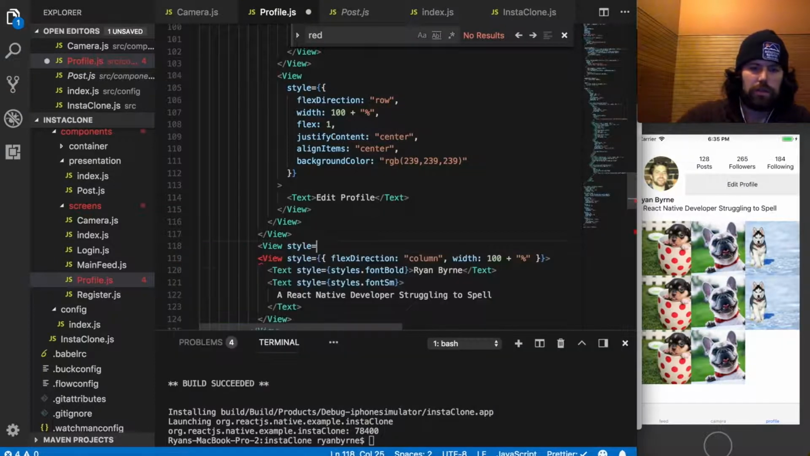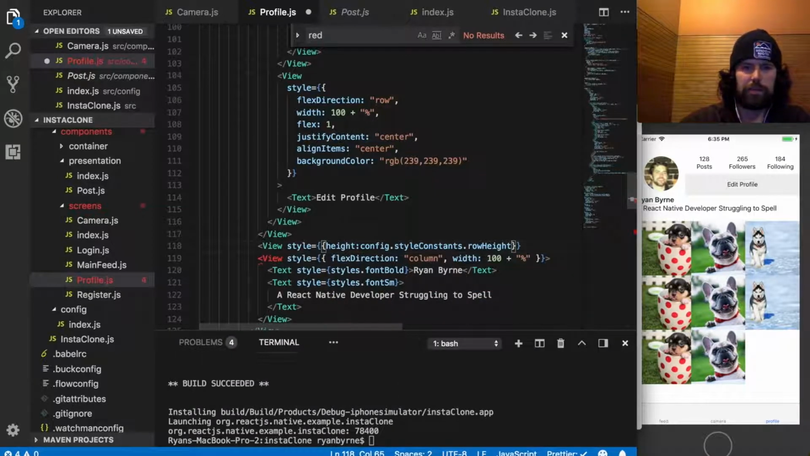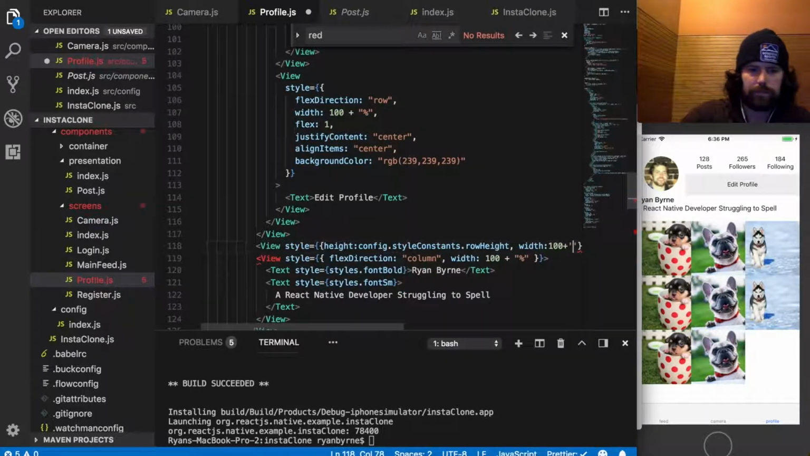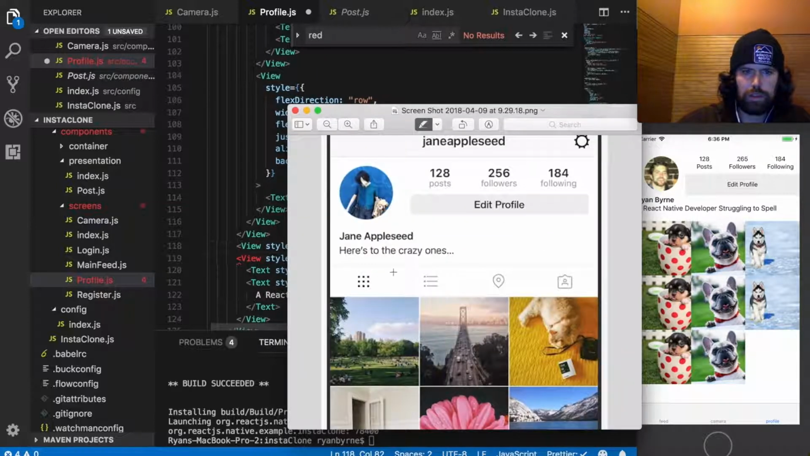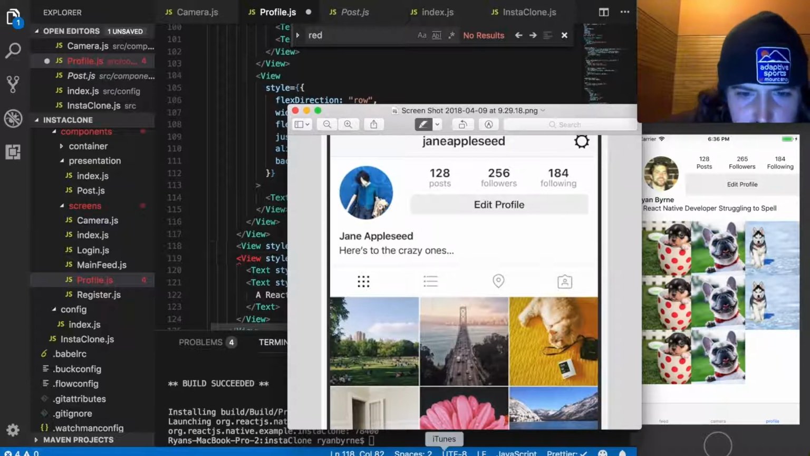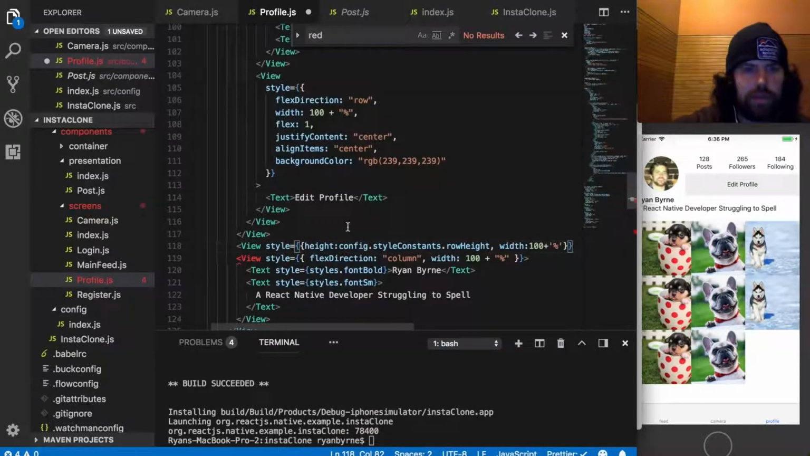Use style equals config dot. And we were using this row of 50 for something, so I'm just going to use it again. I don't even know if it's relevant, but we'll give that a height and a width of 100. And I can't tell if there's a background color there or if that's just this hairline. No? Okay, so then we're going to give it a,